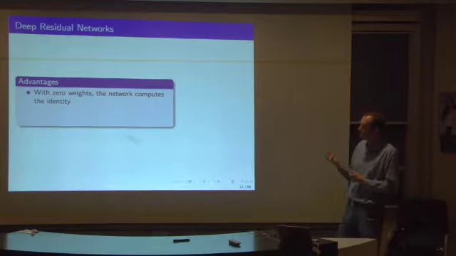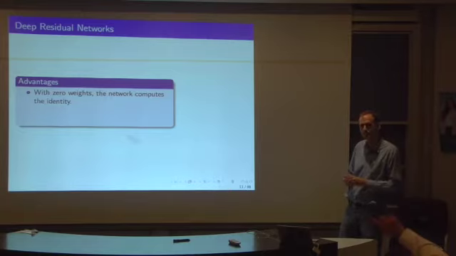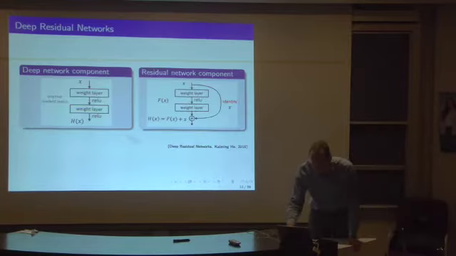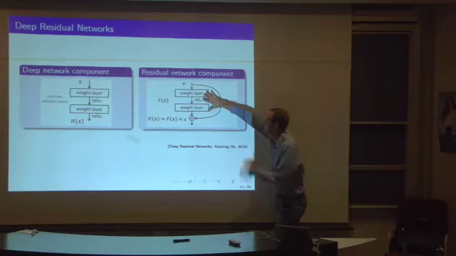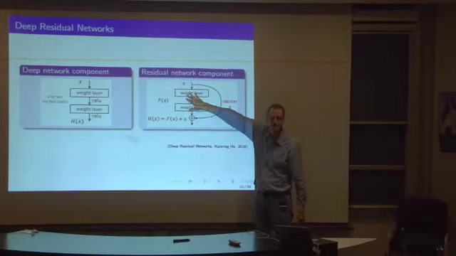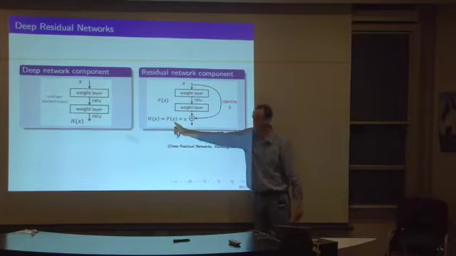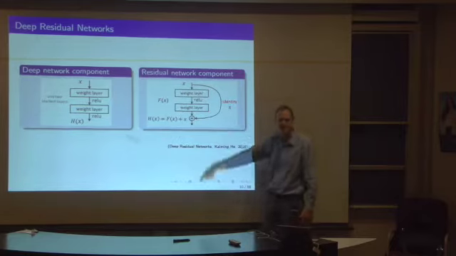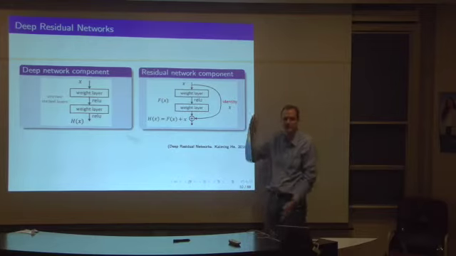So it's these identity connections that make a difference, apparently, and the claimed advantages are that it's clear that if you have 0 parameters for this sort of network, the network is computing the identity function from end to end. So the identity thing comes from the first to the last layer, or just? No, these are stacked on top of each other. Each layer has an identity connection. If you have 0 parameters in here, then the nonlinear part is 0, and you're just computing the identity function all the way through these 152 layers.